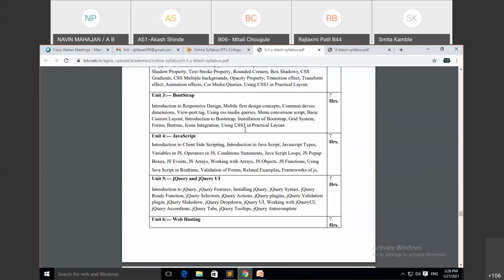We can do all these things by using Bootstrap technology. Okay. Third one, JavaScript. What is JavaScript? JavaScript is used to make your web pages interactive and dynamic. What is the use of JavaScript? JavaScript is used to make your web pages dynamic and